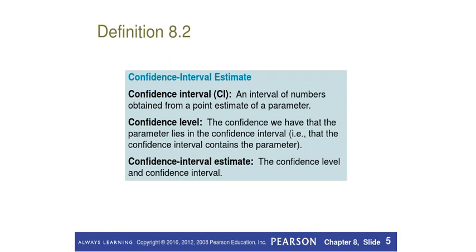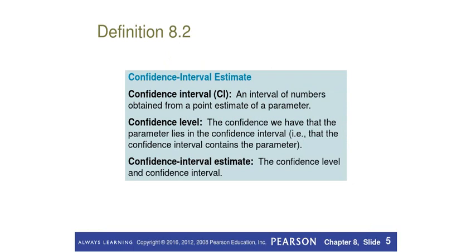But if I say something like this instead, that the height of males lies somewhere between 68.5 and 70.5 inches, I might be a little bit better off. And that interval, that 68.5 to 70.5 inches, might actually be an interval that would be useful in saying that the entire population mean height would be somewhere between those two values. And we call that interval a confidence interval if we can then say we have a 95% level of confidence, or some other percentage of level of confidence, that that's true.